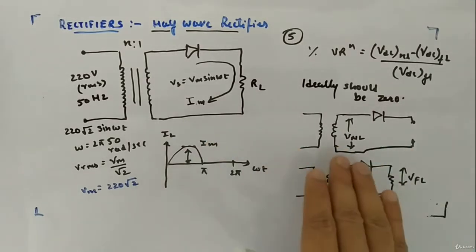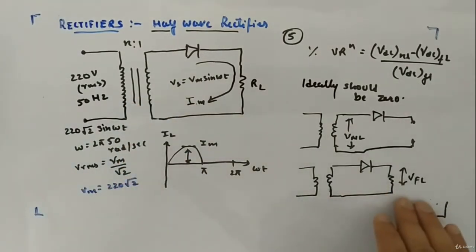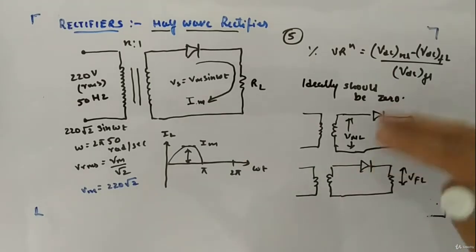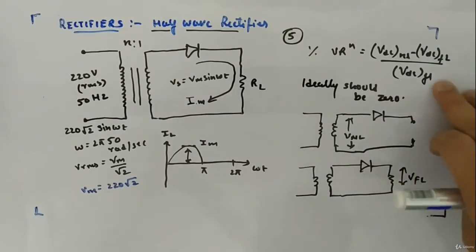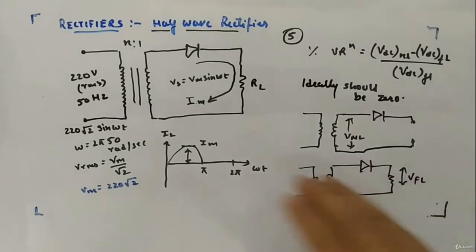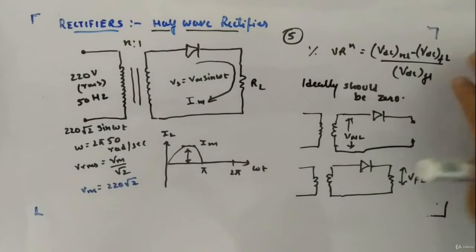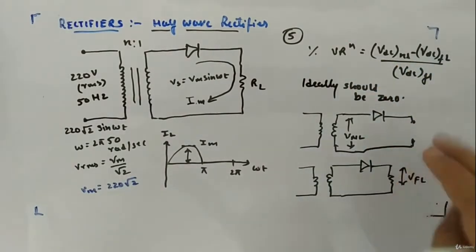Since we know the secondary voltage is the same as this one, it will appear here, but the full load voltage will be a DC voltage that we will calculate. This is just a way to show what the difference between these voltages is, divided by VDC full load. So this is the same as this. Now I will plug in the values for the half wave rectifier. This is the standard definition. I will calculate VDC for no load and VDC for full load, and plug the values in for the half wave rectifier. Okay, let's see.